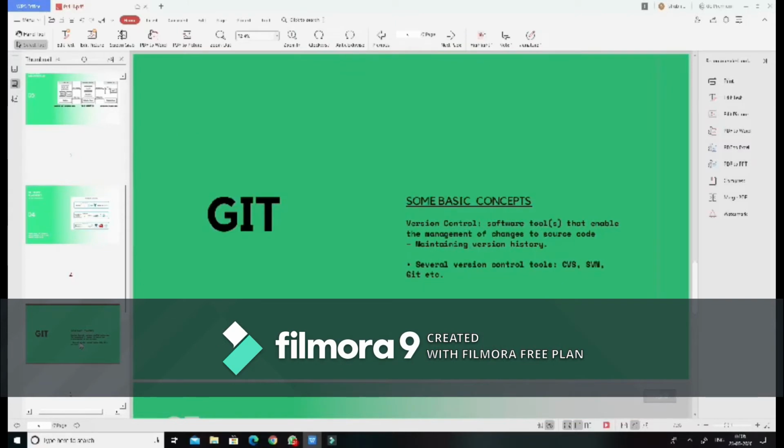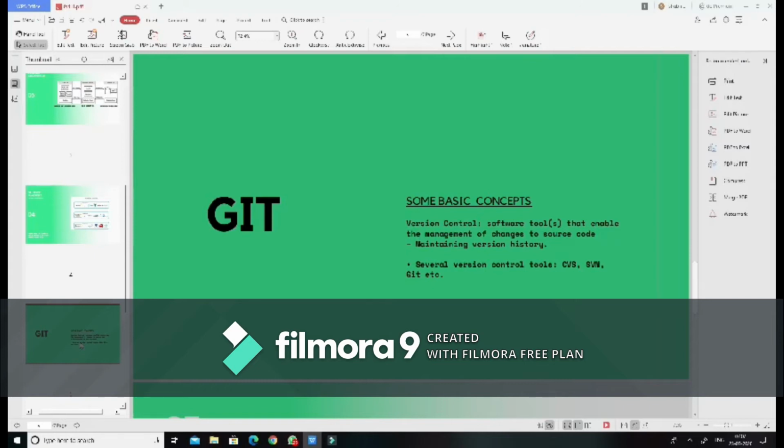Git is basically a software tool that enables the management of changes to source code, maintaining a version history. From the command line, we can type commands in Git in the Bash language, and it will be implemented on our web API or website with the help of Git.